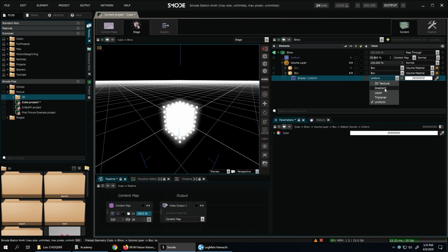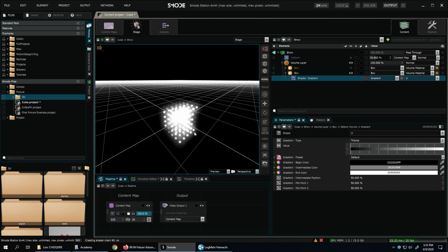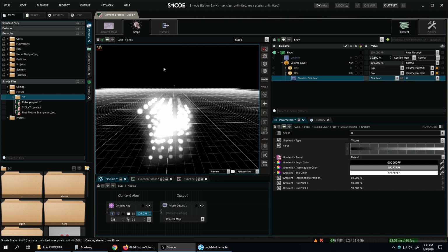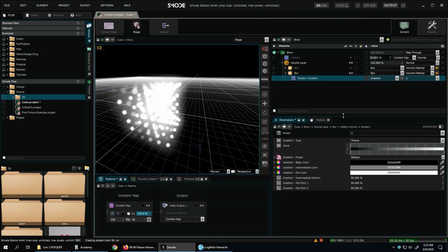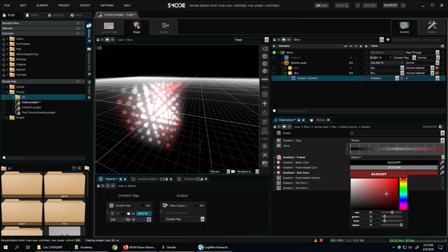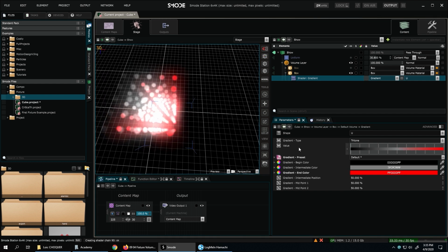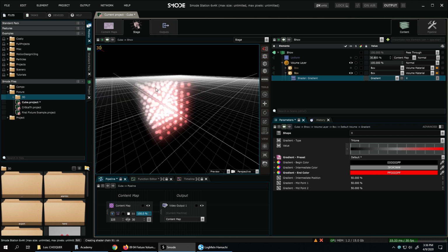parameter. Then we have the gradient, which can be useful. So we can see the cube is not all... but because it's applying a gradient on the U parameter of the cube. So for the cube, it's not the best, but it's like UV. So here, but maybe use X.